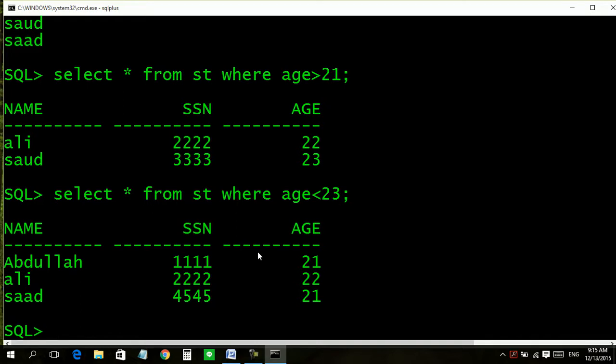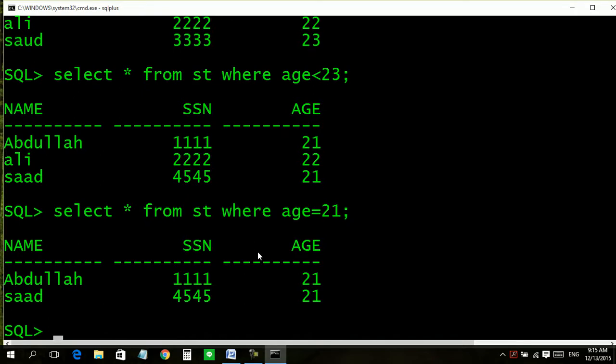Now again let us try something. For example, age is equal to 21. Now there are 2 students whose age is 21.